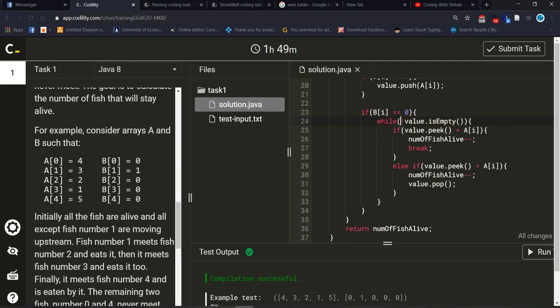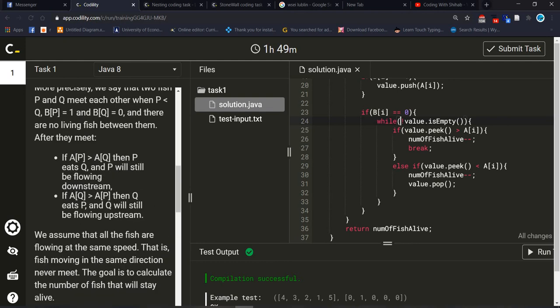Here we are checking while value is not empty, then if value dot peek is greater than A[i], then number of fish alive minus minus, break.